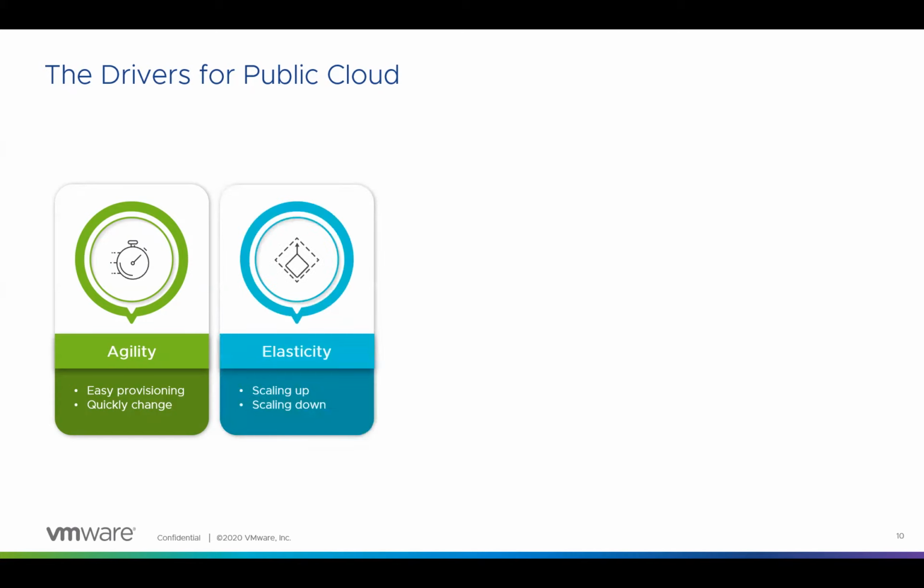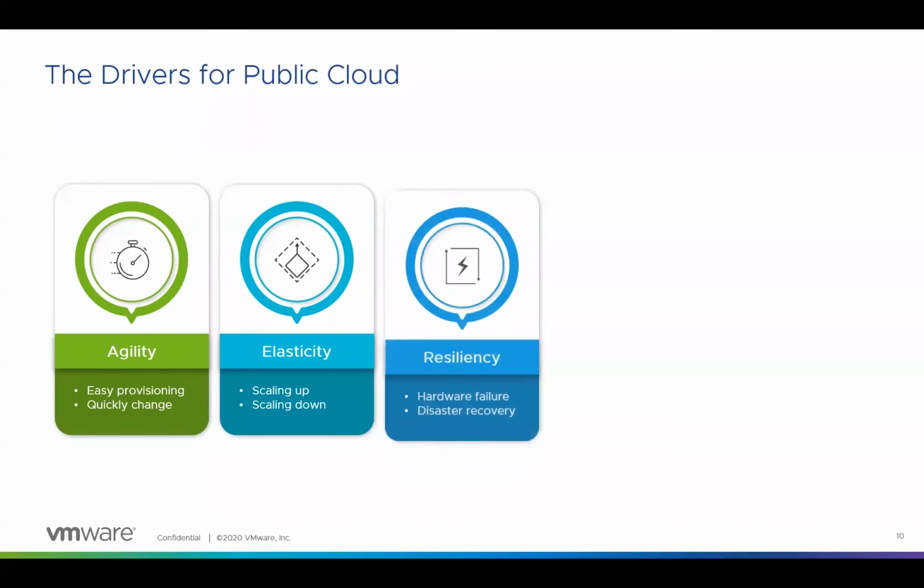The next one is elasticity. We have seasonal workload requirements. For example, Aju had a requirement to provide the virtual desktop environment for 1 year at very high capacity, and then later his requirement was to shrink down the workload when he was done. With VMware Cloud on AWS, we can easily do that, where we can add hosts on demand, and once his requirement is fulfilled, you can go ahead and remove those workloads. The next one is resiliency.